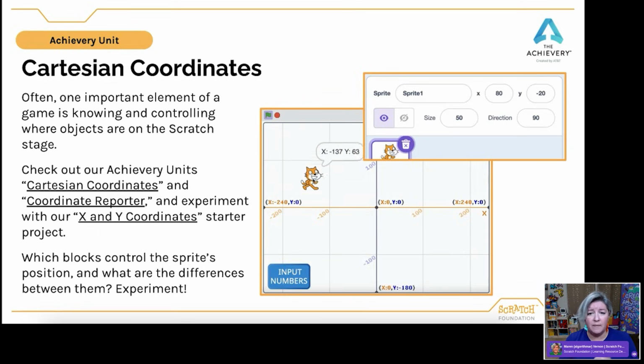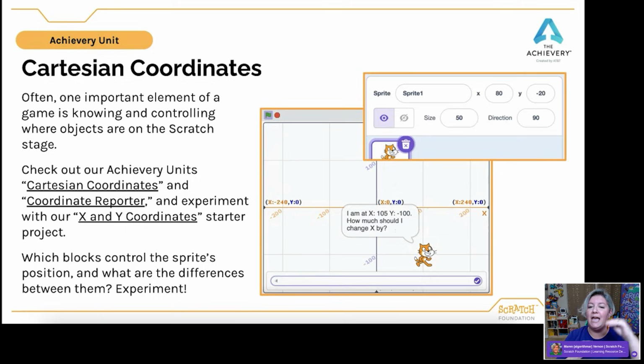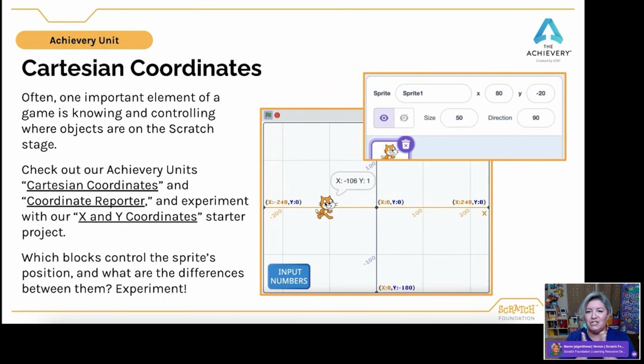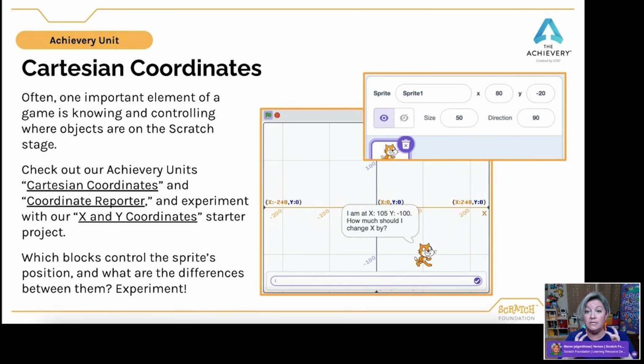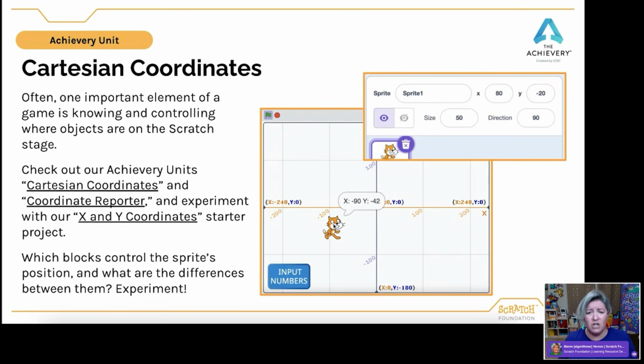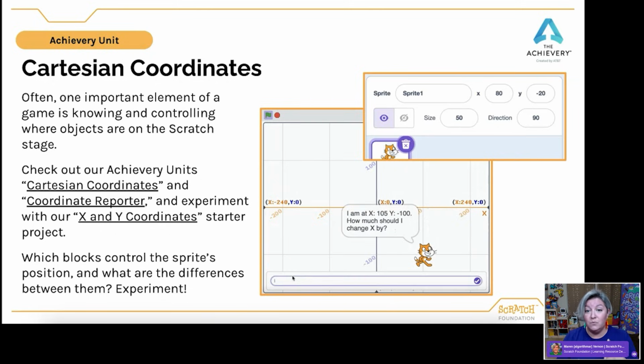As we experiment and look at the sprite's position and discover the differences between blocks like move and change X or change Y, I think this really starts to solidify, because there are often very similar blocks that can do what looks to be very similar moves, but can be slightly different. And so that conversation about what is change X, what is change Y, what's the difference between change and set, what is the difference between that and move,